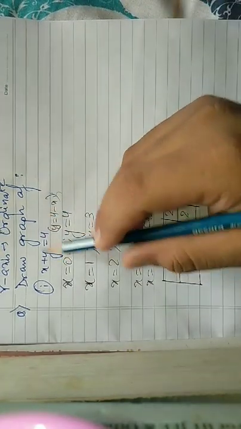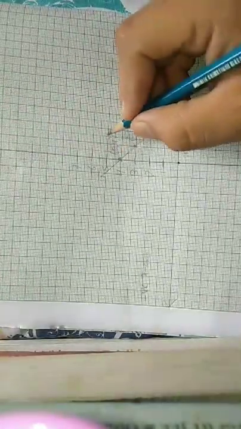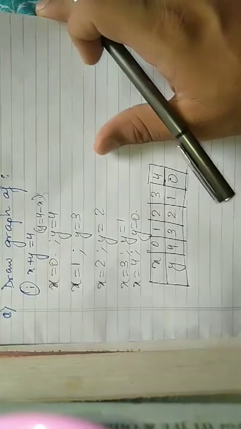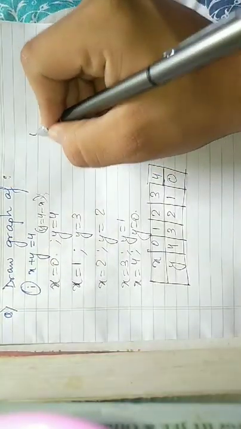So this was the line x plus y is equal to 4. We can write this over here. This line is there, na? So this line is x plus y is equal to 4, or x plus y minus 4 is equal to 0. Let's plot another equation. I'll take y is equal to 3x.